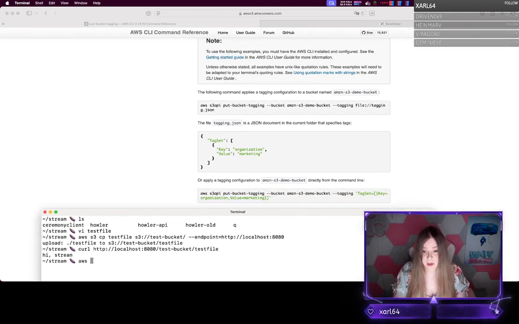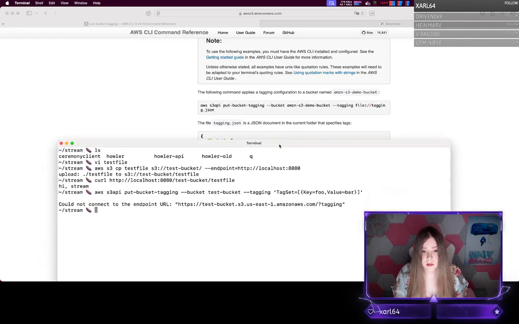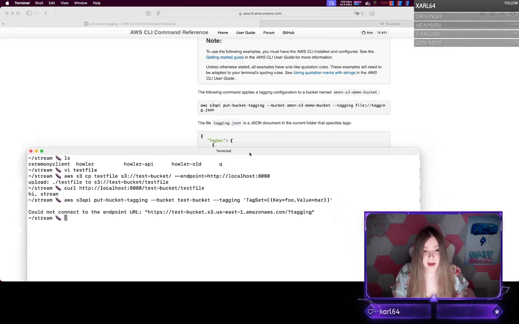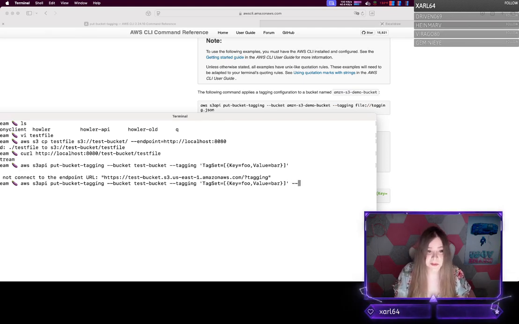So this would be aws s3api put-bucket-tagging, bucket test bucket, and then tagging, TagSet, key foo value bar. Oh, right, I need to actually have the endpoint specified, of course.